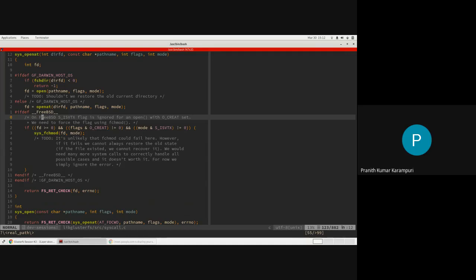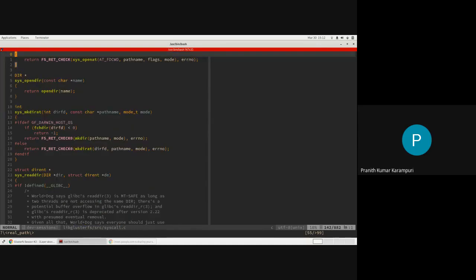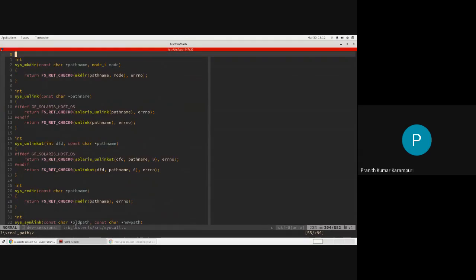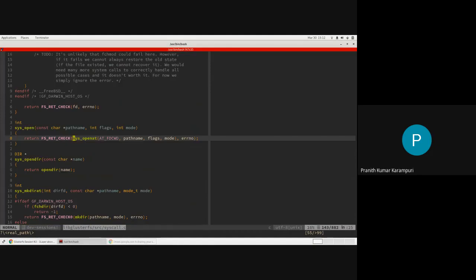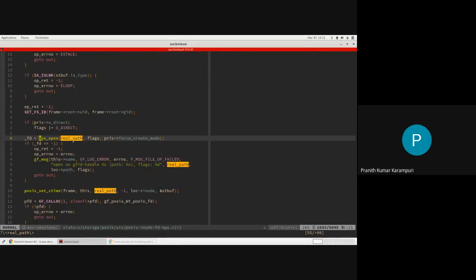Everything that you see here is sys underscore something. So this syscall.c is an OS independent implementation. Basically, all the OS specific implementations will go into this file, so that POSIX can directly use this variant, sys underscore something, to do the actual system call. These are all special cases, but basically all we want is this